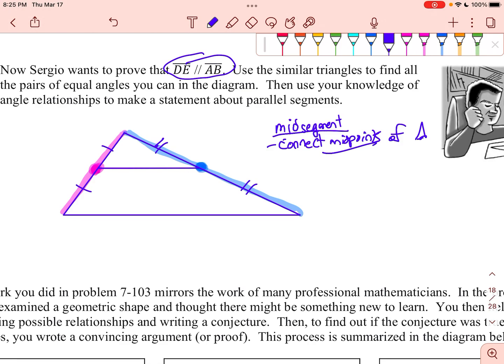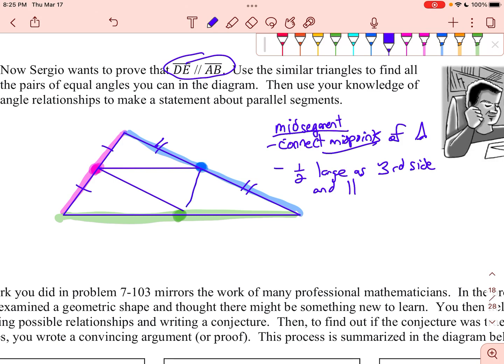A midsegment is connecting the midpoints of the triangle, and the midsegment is half as large as the third side and parallel to the third side. Okay, and there are three midsegments in a triangle. So again, this green side also has a midpoint. Okay, and I can connect the pink midpoint to the green midpoint, and I can connect the blue midpoint to